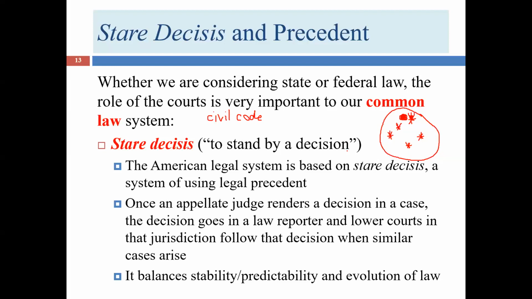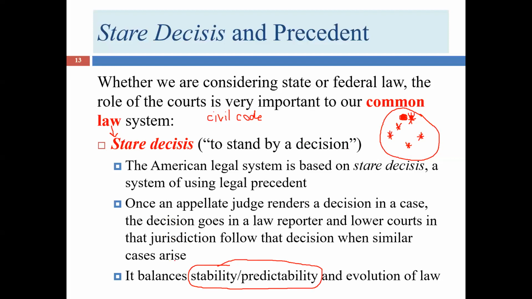In the common law system, what the judge decides becomes law. It becomes one of these primary sources of law. And the idea that causes that to happen is stare decisis. I talked about this in an earlier lecture, so I'm not going to spend more time than we did before. But I do want to point out that it does give stability and predictability to the law, because we now have an answer to that question. It may not be the best answer. The judge may have messed up.